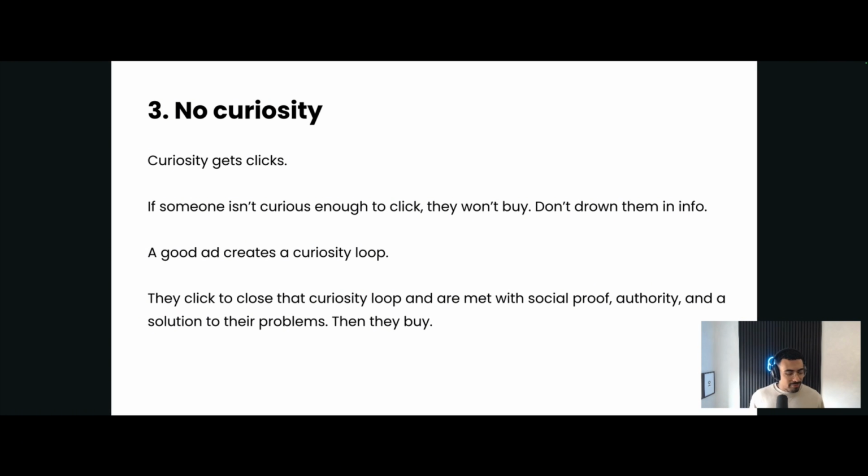It drives you crazy, right? You need to do something. You need to find out what it is. You'd be like, no, tell me. And they say, no, it's not important. Don't worry. No matter what they say at that point, that curiosity loop is open in your mind, and you want to make sure that that's closed. And good ads do exactly that. Okay, so think about that in your ad.